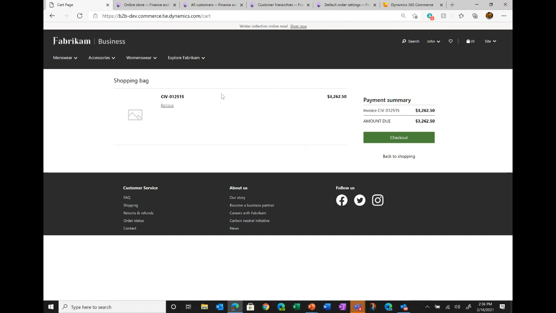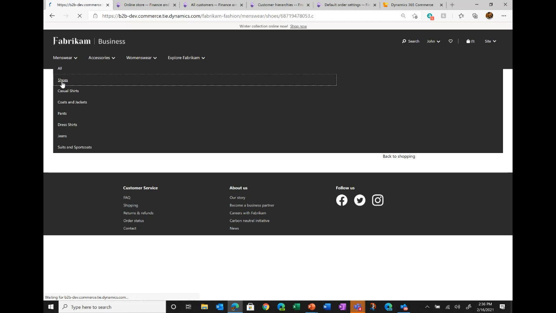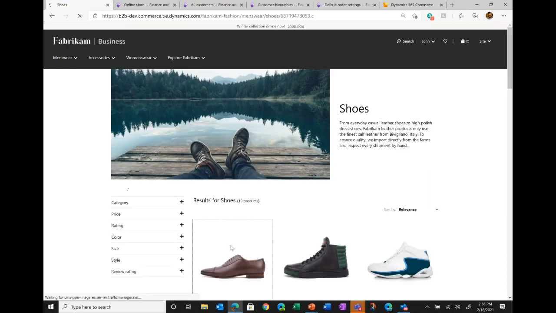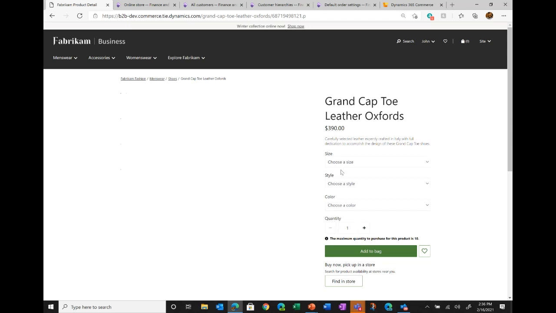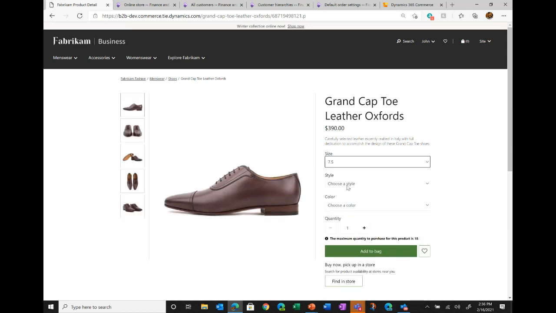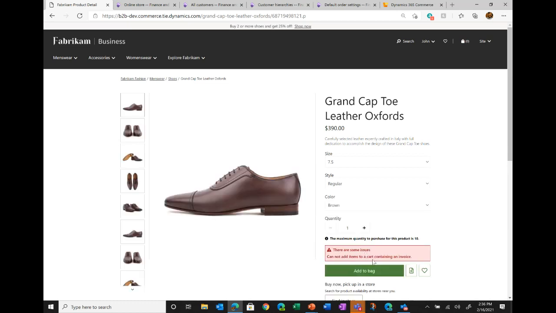We do not allow invoices and products to be added to the cart at the same time. So for example, because I have an invoice in the cart, if I try to add a product to it, the system would stop me. You can only have products or you can only have invoices, but you cannot have both of them in the cart, because I'm sure it makes sense to you as well. If I try to add to bag over here, it will tell me that it cannot add because there is already an invoice document in the cart. So I can have a cart of invoices or a cart of products, but I cannot have both. Those are some of the functionalities that we have enabled.